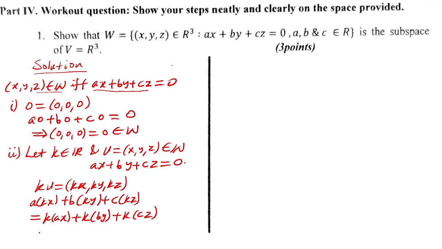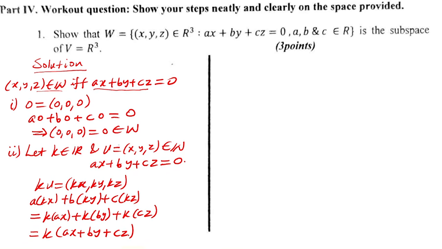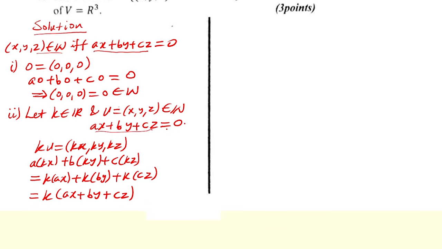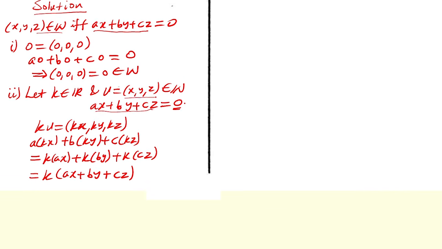But k is a common factor, so by factorization it is equal to k times ax plus by plus cz. But what's this value? 0 from belongingness. So it is equal to k times 0, that is 0. This implies ku is an element of W. The third point,